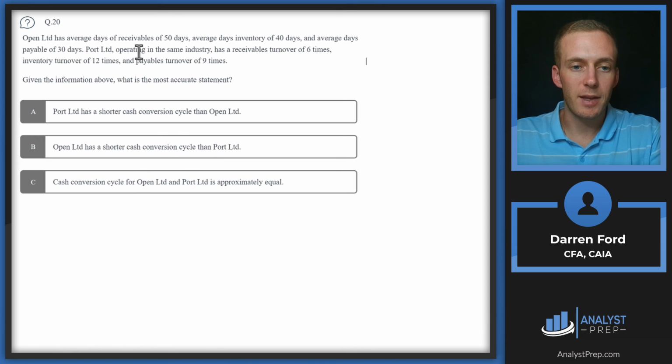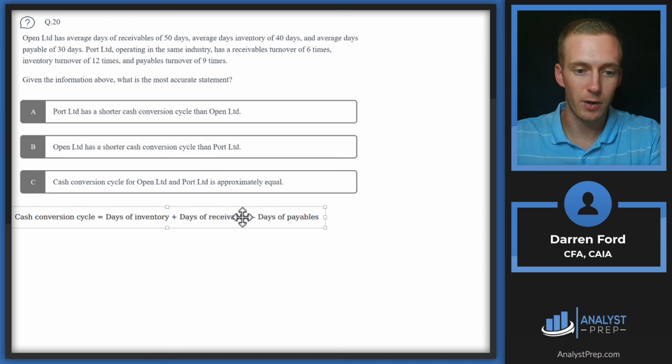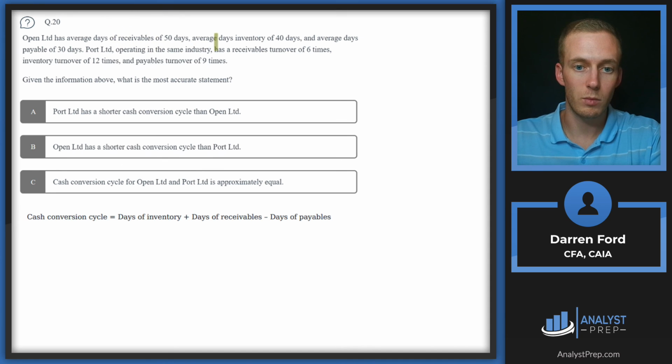So we're going to need to find the cash conversion cycles for each of these in 2 different ways, because we're given the information in different ways. So for Open Limited, it's going to be pretty straightforward. Let me pull our formula back out here again for cash conversion cycle. So we've got days of inventory, which we're given right here of 40. And we've got days of receivables given right here of 50, and minus those payables, which is 30. So we can pretty quickly bring this in. We've got Open Limited's at 60. So now we need to just figure out Port,